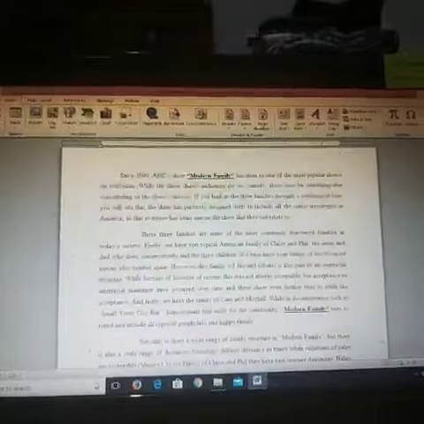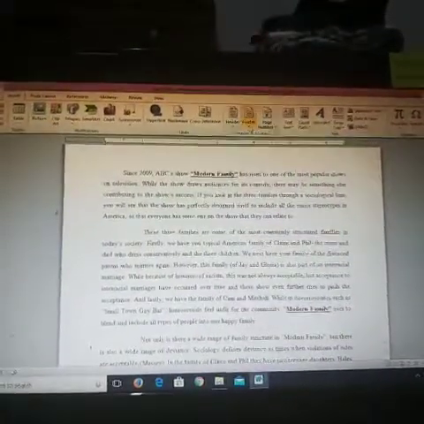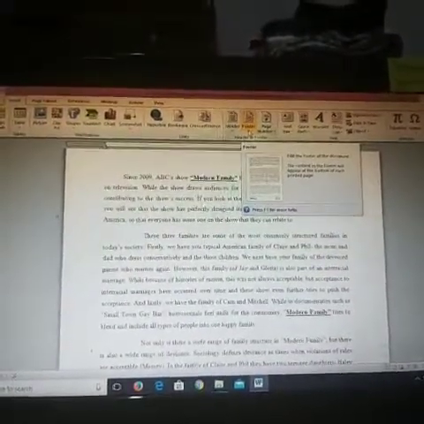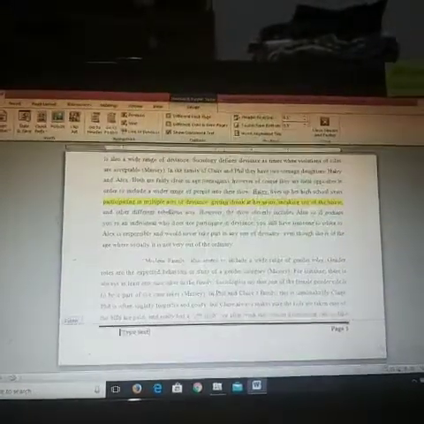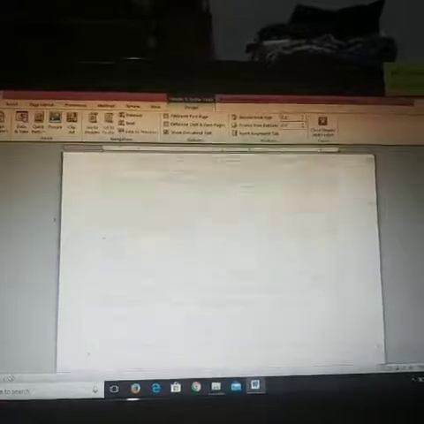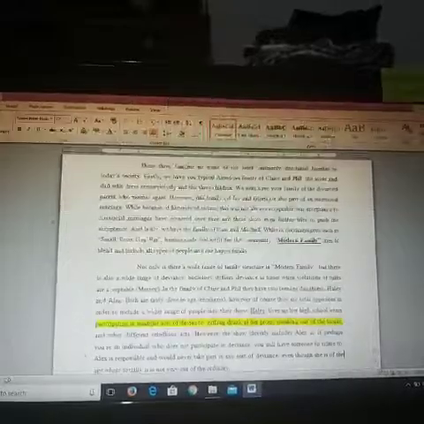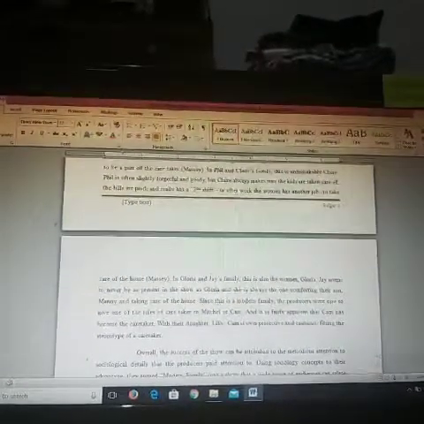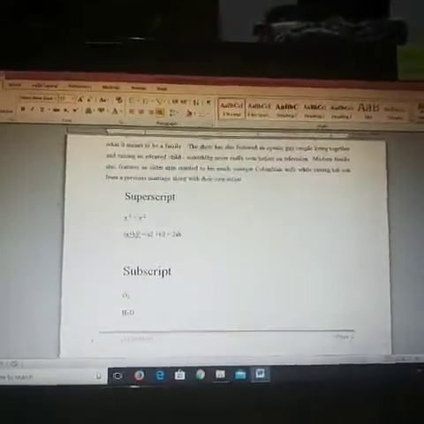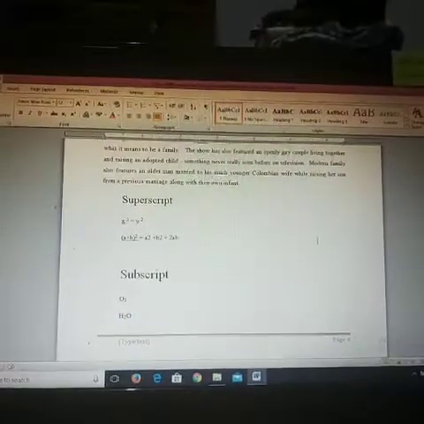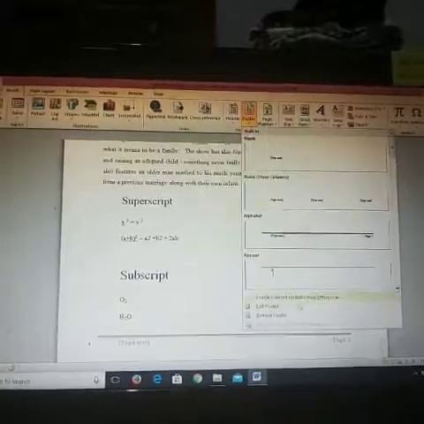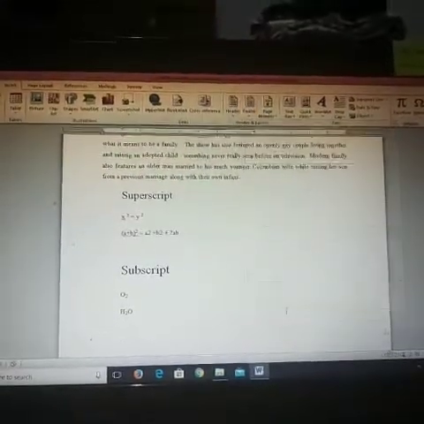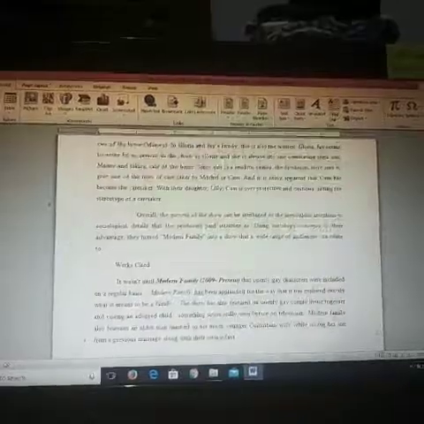It won't be there. Now comes your footer. Your footer is just next to the header option. You click on that and you select the type of footer you want. Can you see over here page number 1, page number 2 and so on, it will come. Can you all see? And the same way, if you want to remove the footer, you click on this and then you click on the option remove footer. It will disappear.